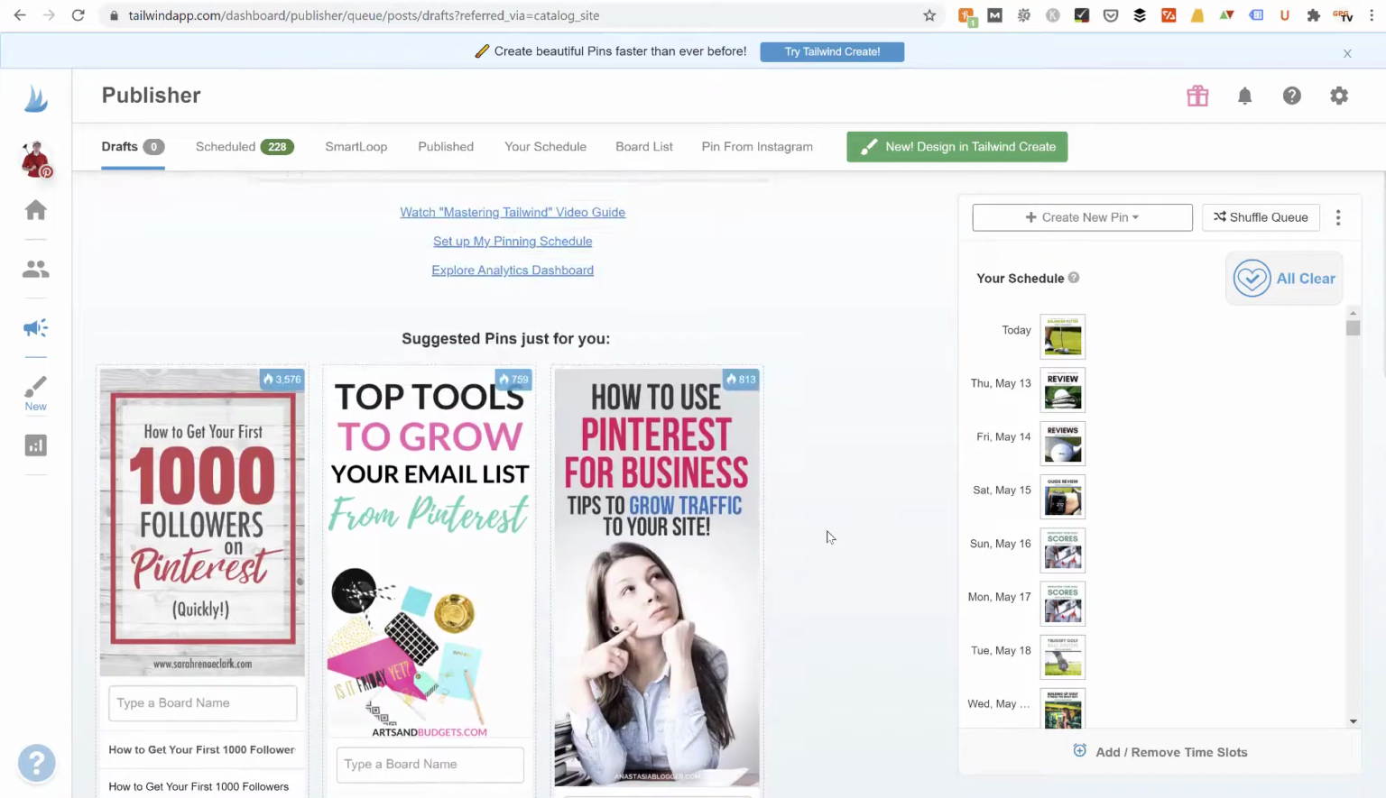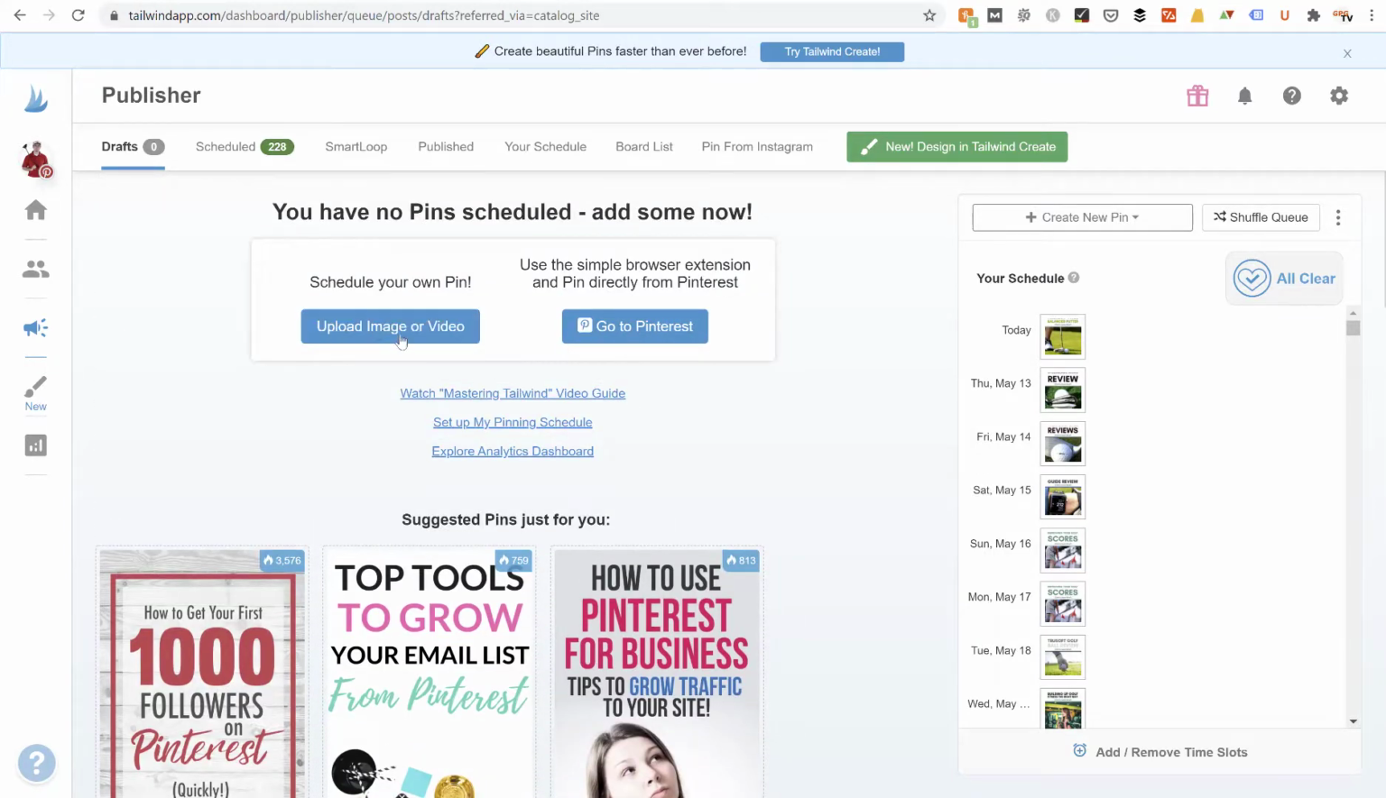None of these really apply to me though. What I would do instead is go here to this upload an image or video. This is where I would grab my pins out of a folder on my computer, and it would upload all of them here into Tailwind. So I'm going to show you how to do that in a second, but let me finish explaining the different